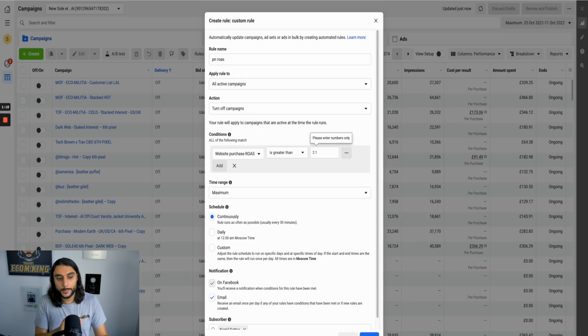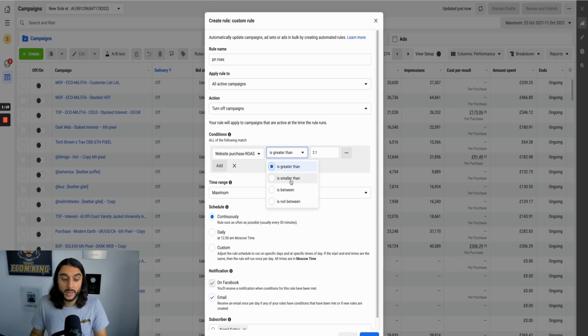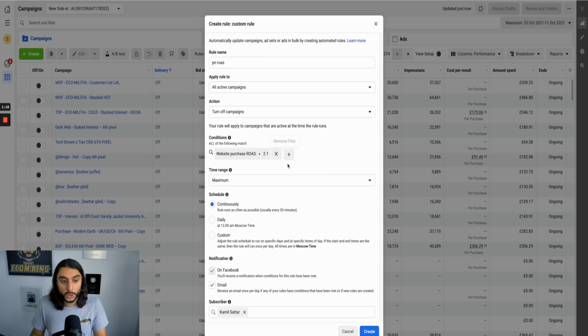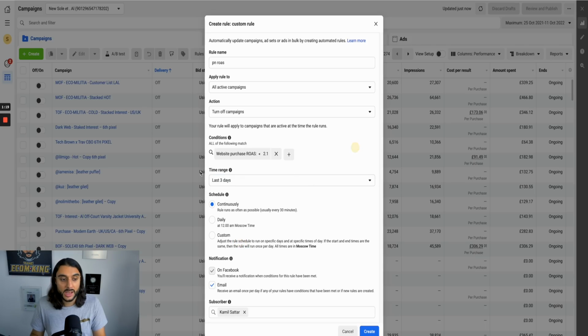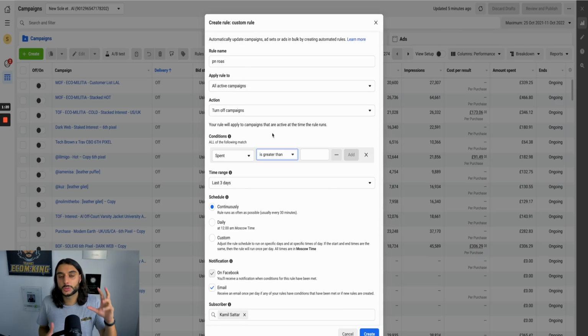So if the website purchase ROAS is under 2.2, is smaller than 2.2, I might want to turn this campaign off. So you can see time range maximum. I'll personally set this to 3 days. I find 3 days works better. And then you can see here, website purchase ROAS 2.1. So if the website purchase ROAS is lower than 2.1, then this is going to turn my campaign, my ad set off, because I'm not profitable. And then you can see here continuously, daily, custom, and you can do the same thing on TikTok notifications as well. So guys, that's one of the best examples I can show you in Facebook for managing rules and automations,